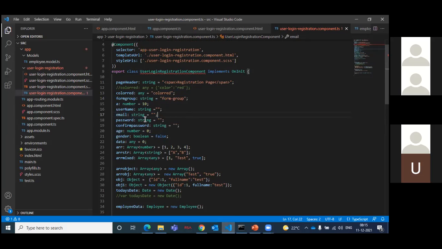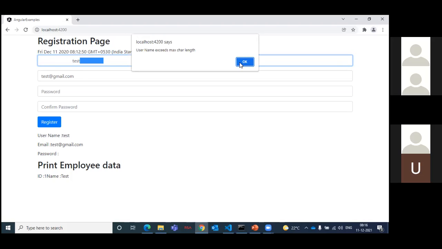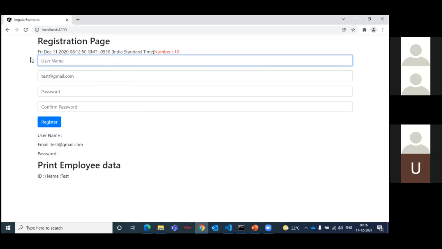Next, the user will enter data, and some people will type a space and then test and a space, which is not a valid format. What do we need to do? We need to trim the data. Trim is nothing but removing the outside space. Next, for example, the username will not be case sensitive. In that case, if you want to store the username, you can convert it to a particular case, either lower or upper case. So like this, we have a few methods on top of a string.